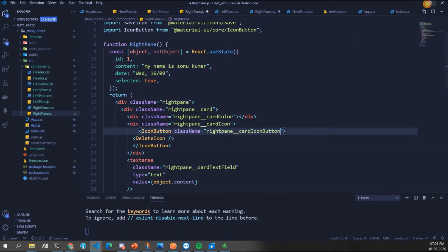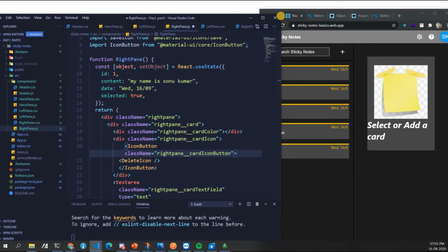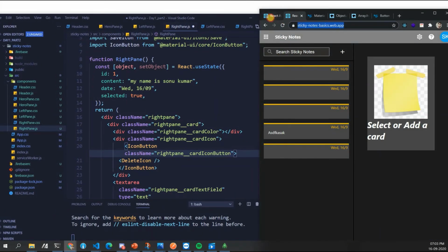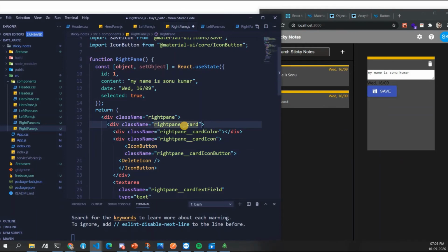Okay, so let's just go ahead here and save this and see what happens. See, its padding changes. It took an automatic padding. I told you icon button has its automatic padding. We don't want these paddings to appear because we have already styled and it was looking nice.